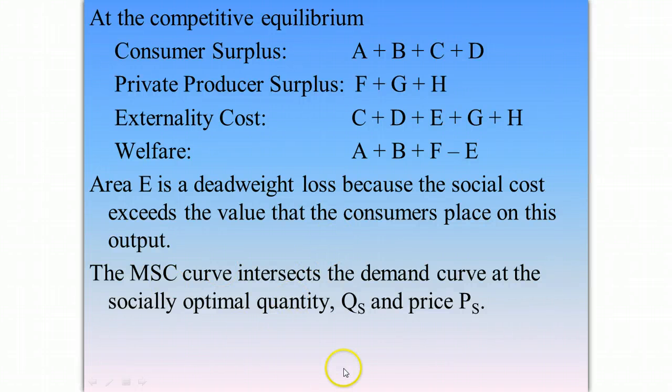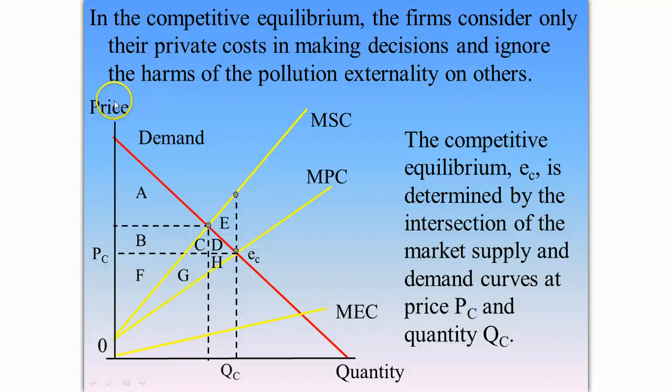So where can we maximize welfare? Well, maximizing welfare is where the demand curve crosses the true cost curve. So at this position here, this is the area that maximizes welfare. We see that this is at a lower level of production. What occurs at this point here? Well, the benefit consumers get is exactly equal to the costs of making the product. The marginal benefit equals the marginal cost. So using the equimarginal principle, welfare is maximized at that point there.